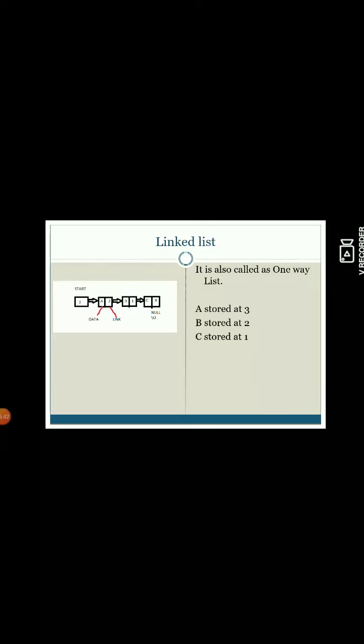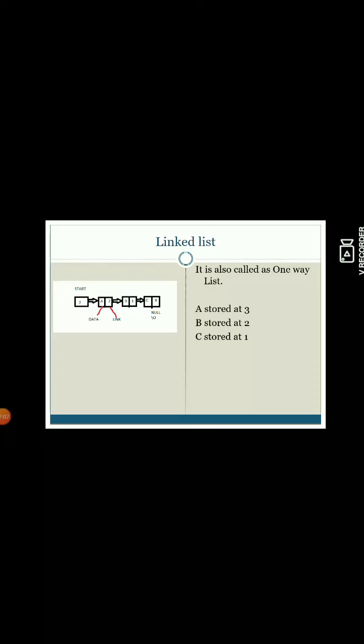Either you can make a cross symbol, or you can put the word null, or there is one more symbol to indicate null: a slash and a big O. That's why a linked list is also called a one way list, right? Because I am traversing in one direction only.